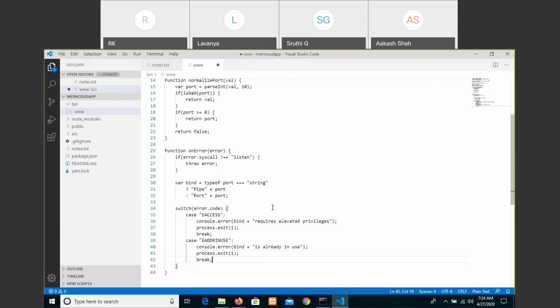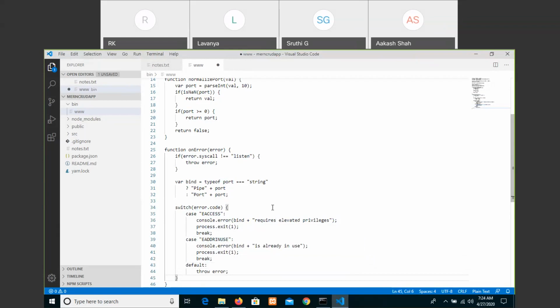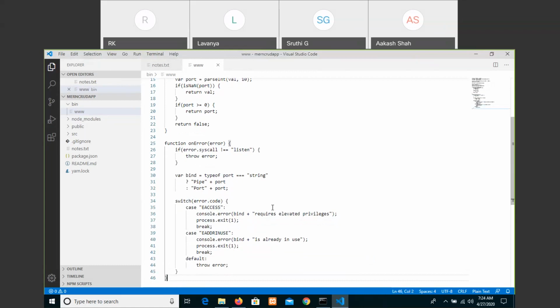Then the same, and break, default, break, or we can say throw error. So we have written the error concept, how it has to show.